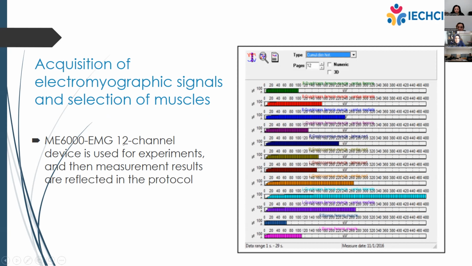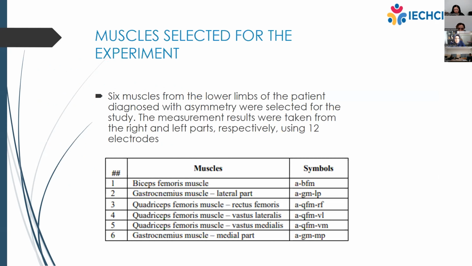As this device used 12 channels, we can see 12 signals, 12 outputs, but at first glance it's a bit difficult to analyze in which muscle there is asymmetry, and that's why